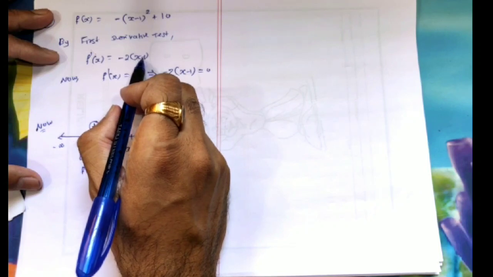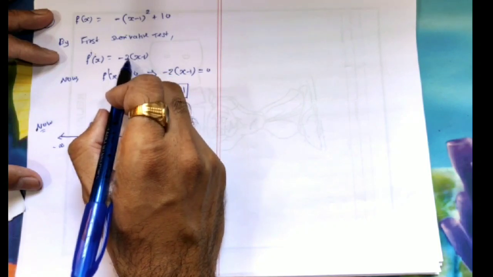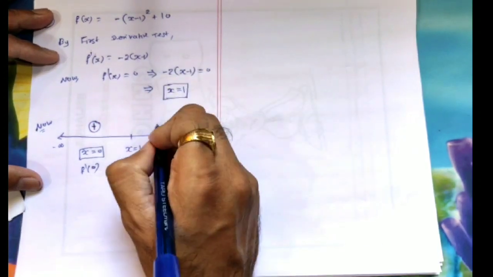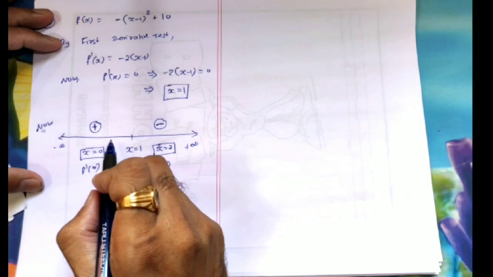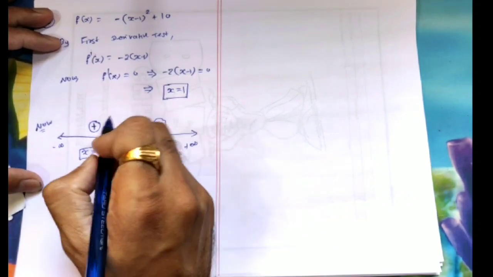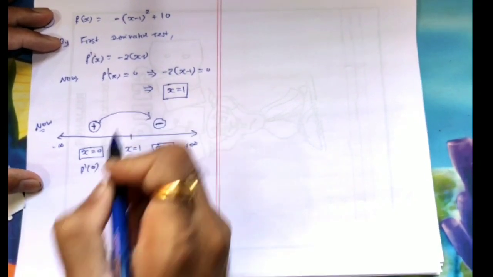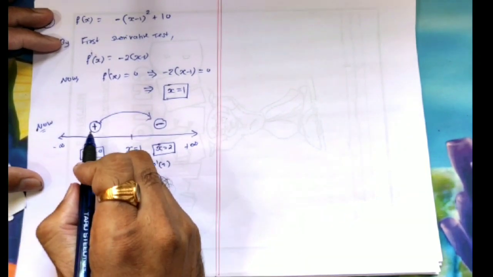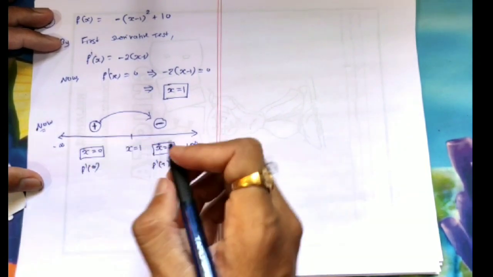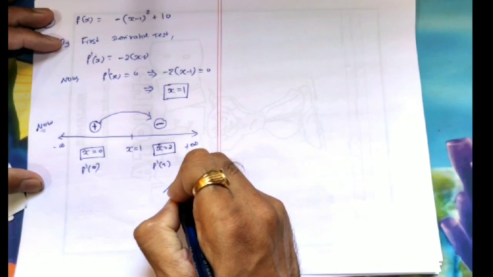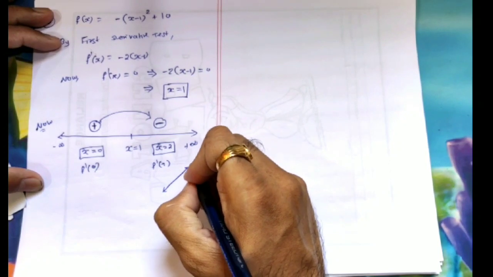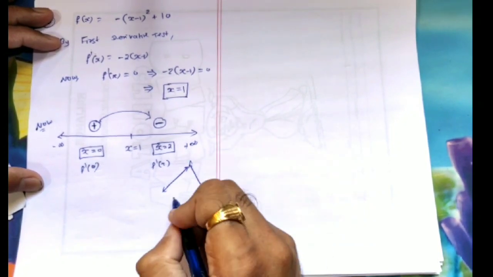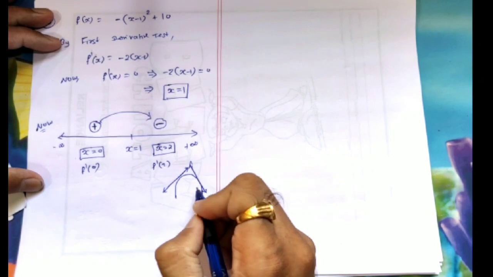So it's 2 minus 1, 1, into minus 2. Minus 2 is negative. So here it is negative. So we are getting the second case, when f dash x is changing its sign from plus to minus. f dash x is the slope of tangent. So for this point, slope of tangent is positive. So tangent will be like this. This is a critical point, and for this side it is negative. So slope will be like this in between these two tangents. Done. So here we are getting point of maxima.